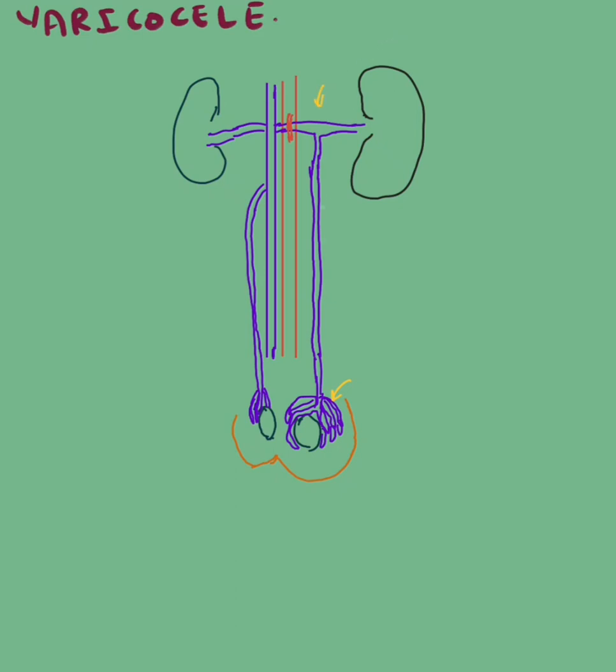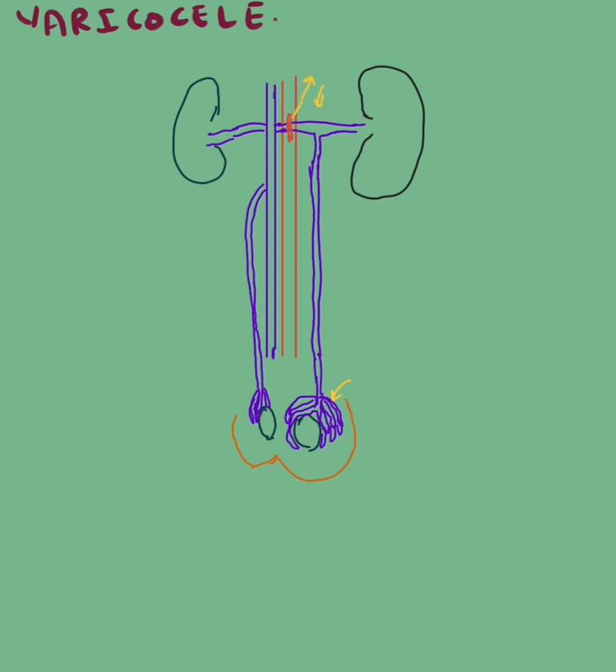Because the left gonadal vein drains through the left renal vein, and the left renal vein is at a higher pressure than the inferior vena cava, which drains the right kidney through the right gonadal vein. So because of the increased pressure, the left testis is normally at a lower level. Also, varicocele is more common on the left testes, and the reason for that is because of the